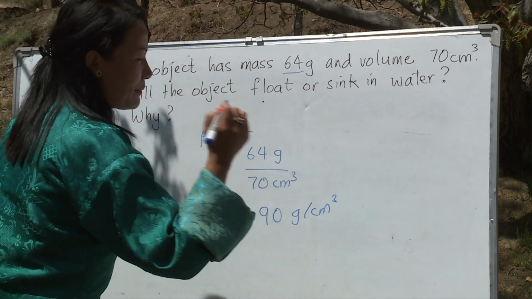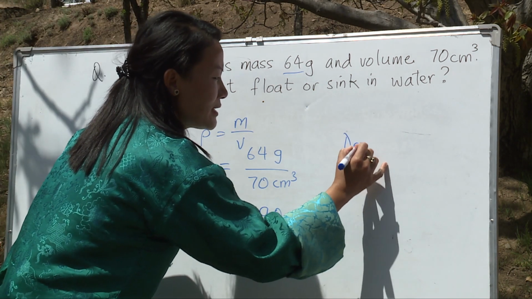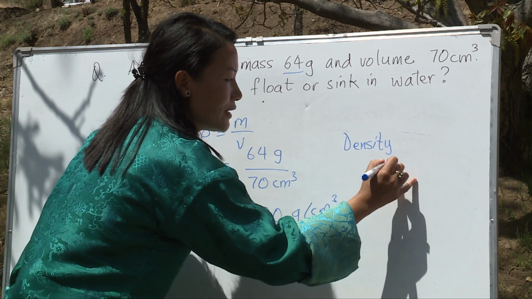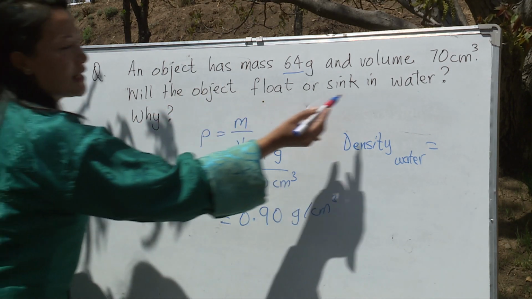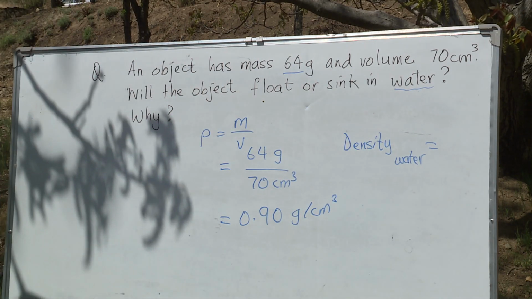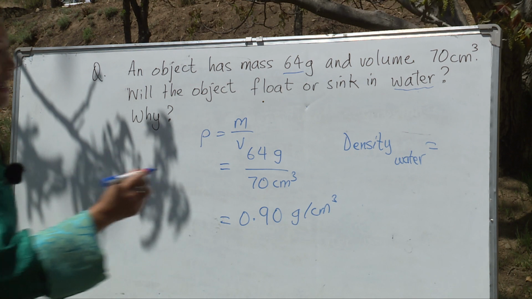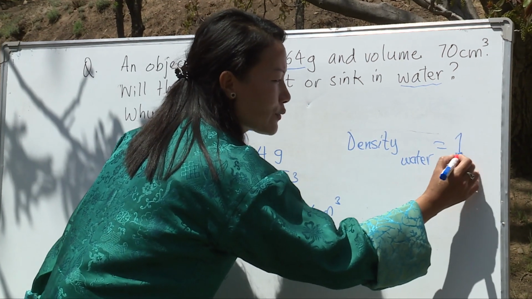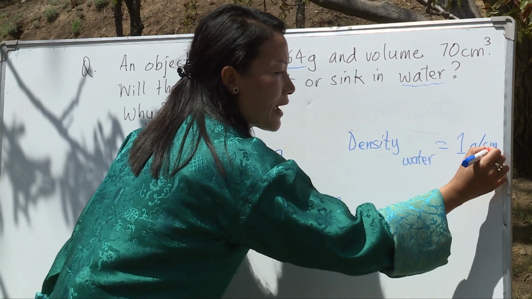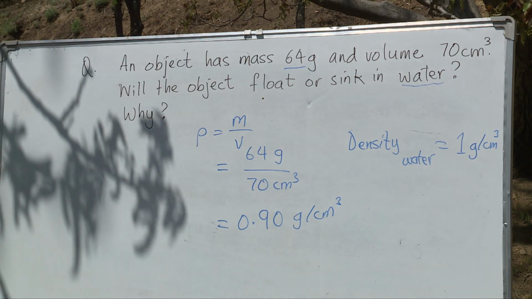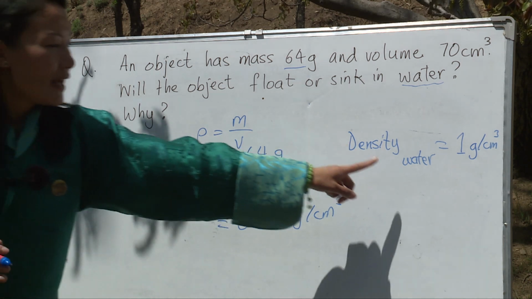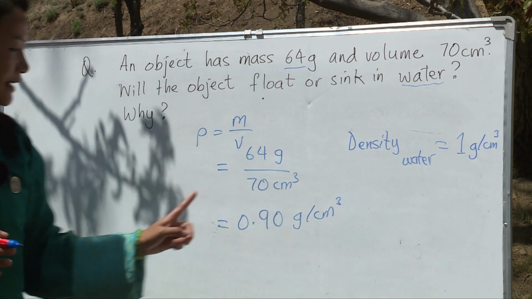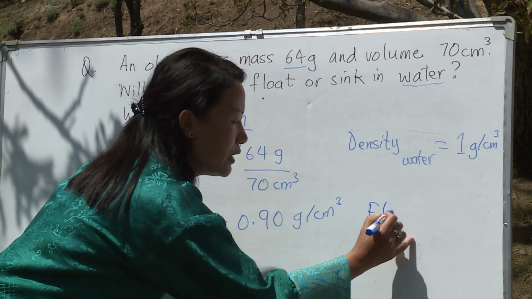Now, at the back of your mind, you must remember the density of water, because this object is being referred to the density of water, and the density of water is equal to 1 gram per cubic centimeter. So from here, it's obvious that if the density of the object is lesser than the density of water, then this object will